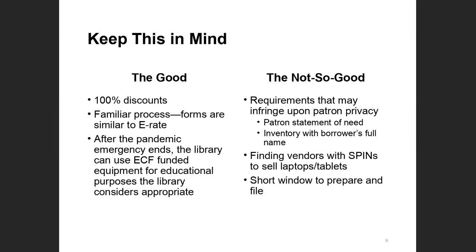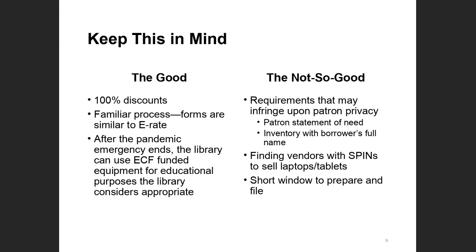Greg has a question. So we can use existing contracts that followed proper local state procurement process so long as the vendor has a valid SPIN. Yes, Greg, that's correct. If you've already set up the contract and that vendor has a SPIN, you should be able to go ahead and purchase off that. Excellent question.